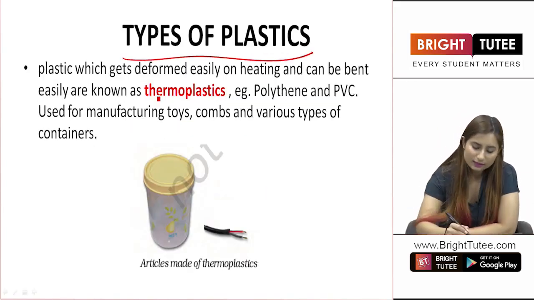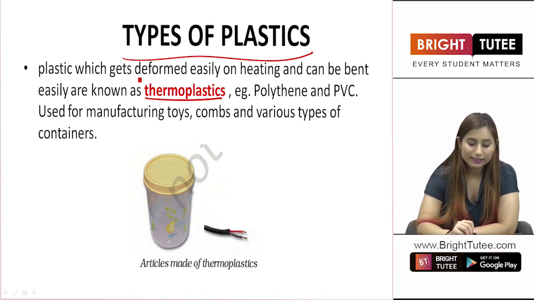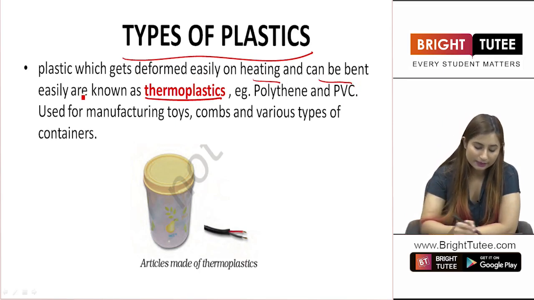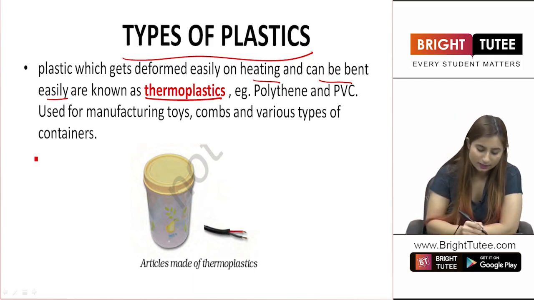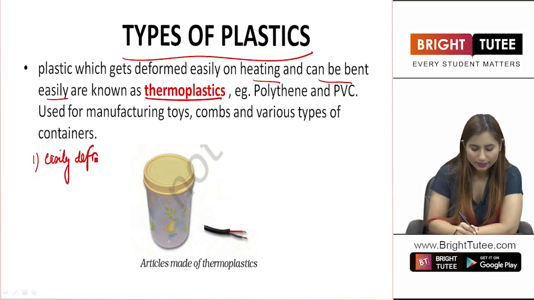The first one is thermoplastics. Let us see what this is. Plastic which gets deformed easily on heating and can be bent easily are known as thermoplastics. What are the two properties? First one, easily deformed on heating. When we heat it,